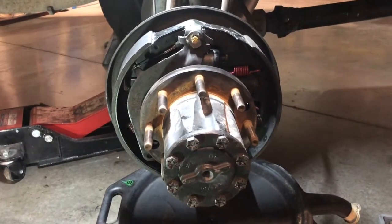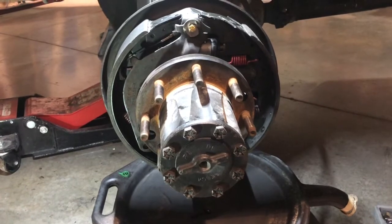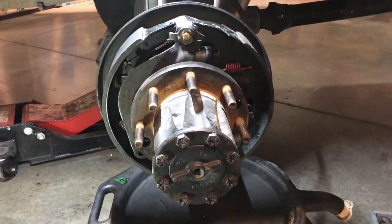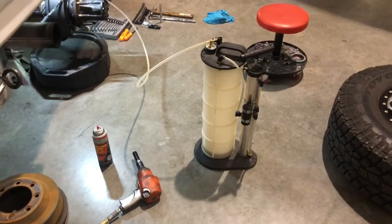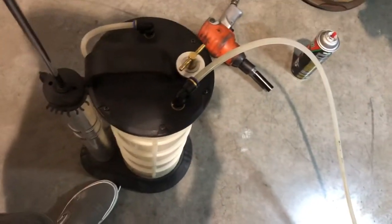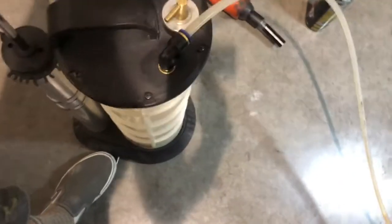All right, so the brakes are all back together. We got that done. I'm about to go get the Mighty Vac since I'm doing this by myself, and we're gonna get these brakes bled, and we should be good to drive it on home tonight. For anybody not sure what the Mighty Vac is I was referring to, it's this thing. And basically, it's used for evacuating fluid or putting fluid back in. So you pump it up,